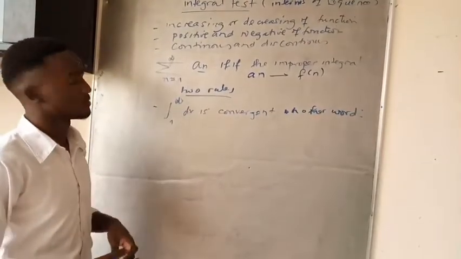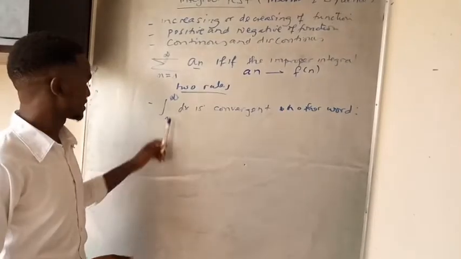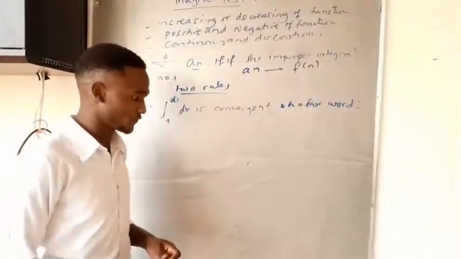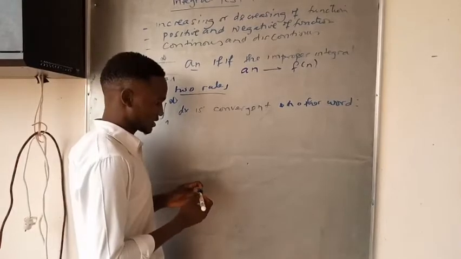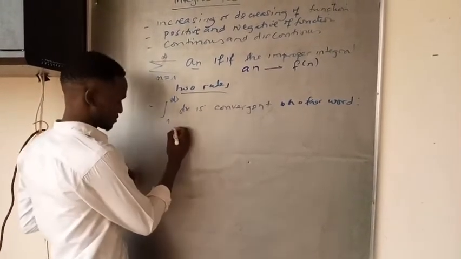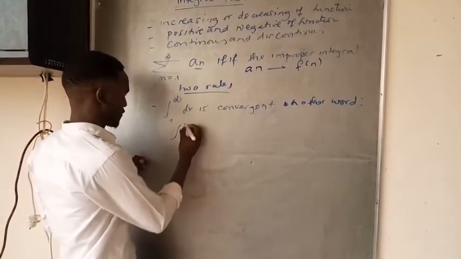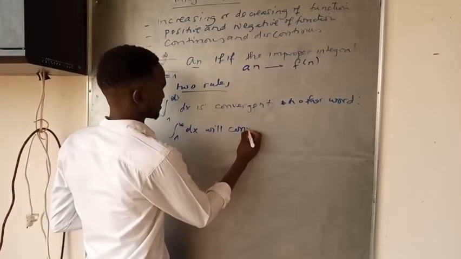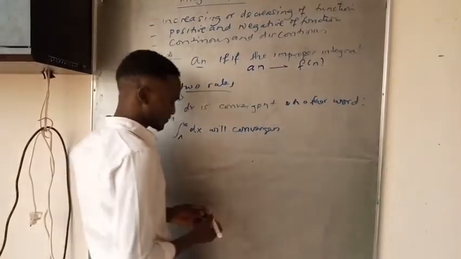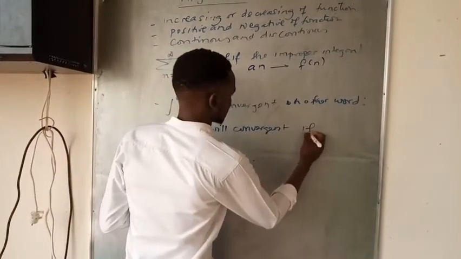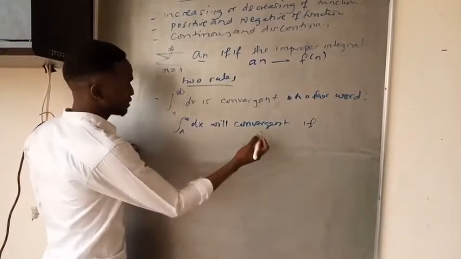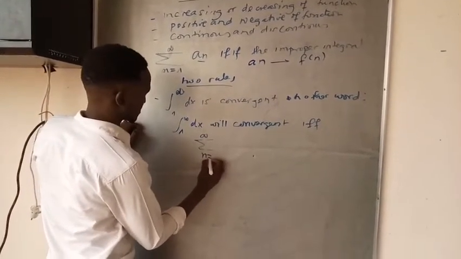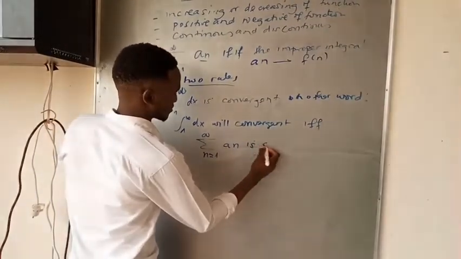You will say that the integral from 1 to infinity of dx is said to be convergent if and only if the summation of n from 1 to infinity of an is convergent,